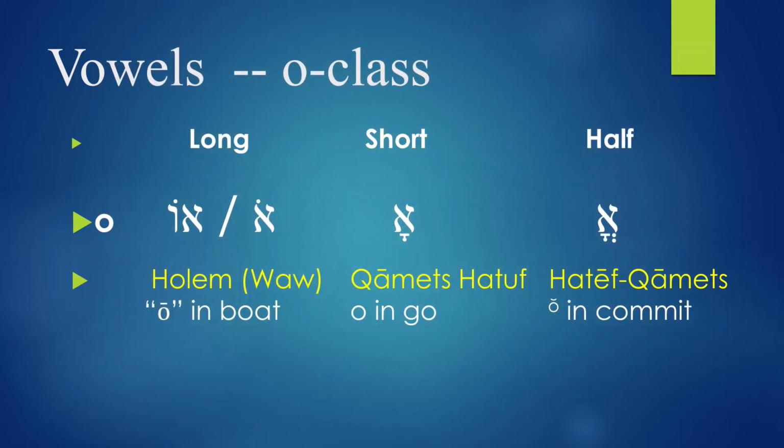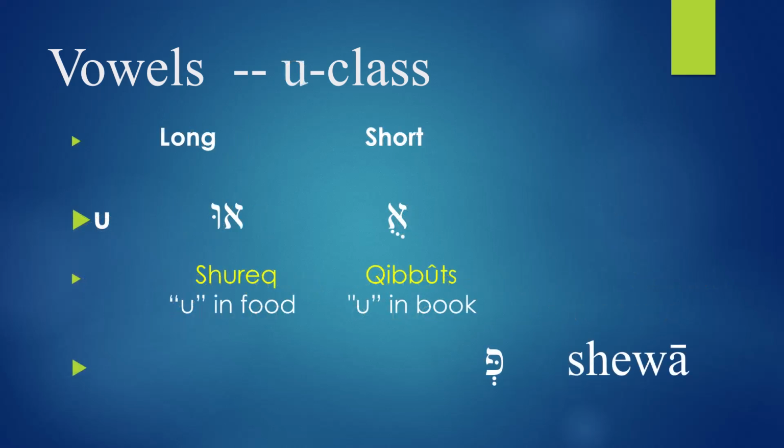And so these are O-class vowels. Let's move on. And this brings us to the last class, which is U-class vowels. Those that are making U sound. And there are 2. On the long vowels, we have the first one, shurek. Shurek makes long U sound, as in the word food. That U sound is how shurek is pronounced. Food, U. And on the short vowels, we have